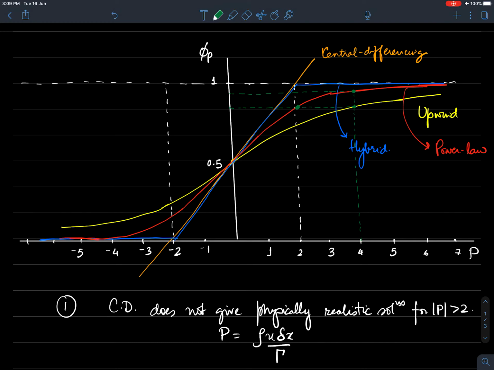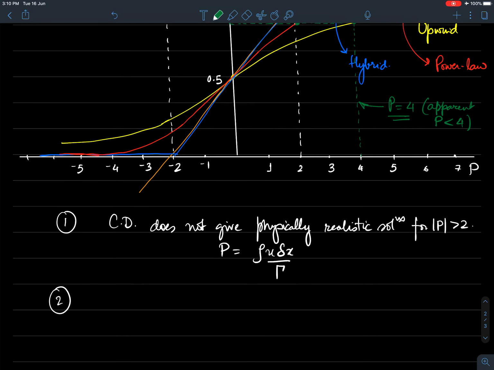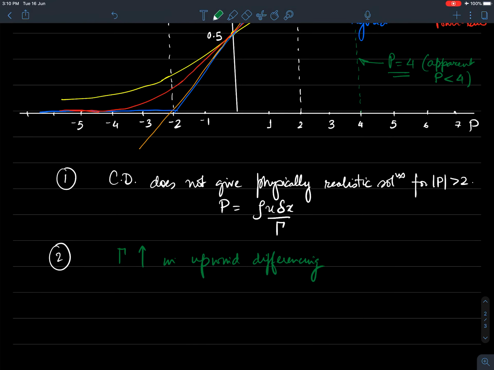So even though the solution may be for Peclet number of 4, this is the real Peclet number, the hybrid scheme, or rather the upwind scheme, is actually showing you an apparent Peclet number which is less than 4. And what does it mean if the apparent Peclet number is less than 4? It means that the role of diffusion, the gamma value, is actually increased in upwind differencing. That is how the apparent Peclet number is smaller,